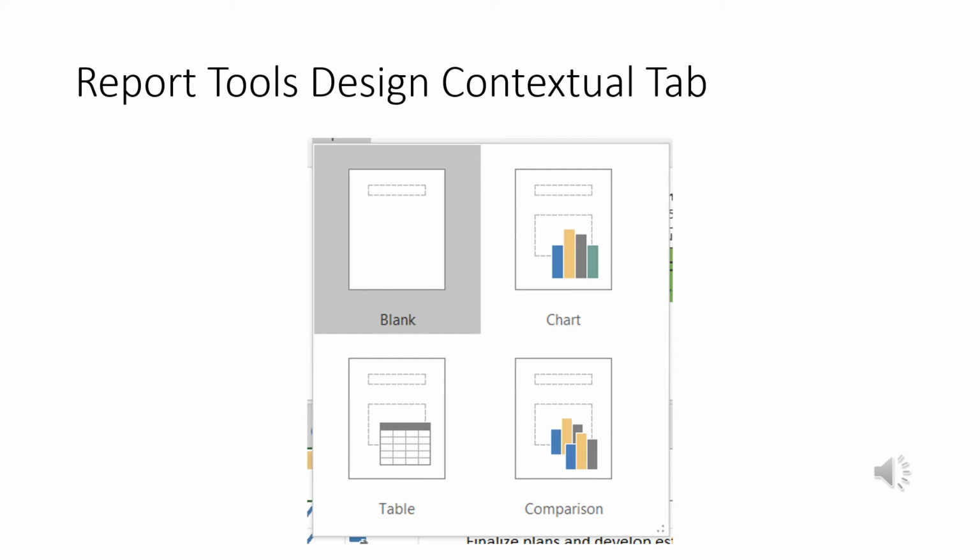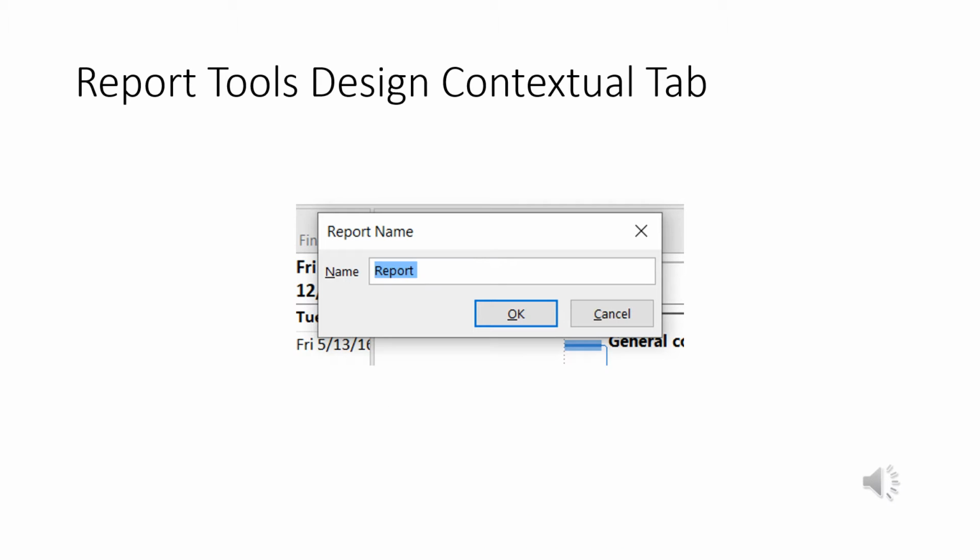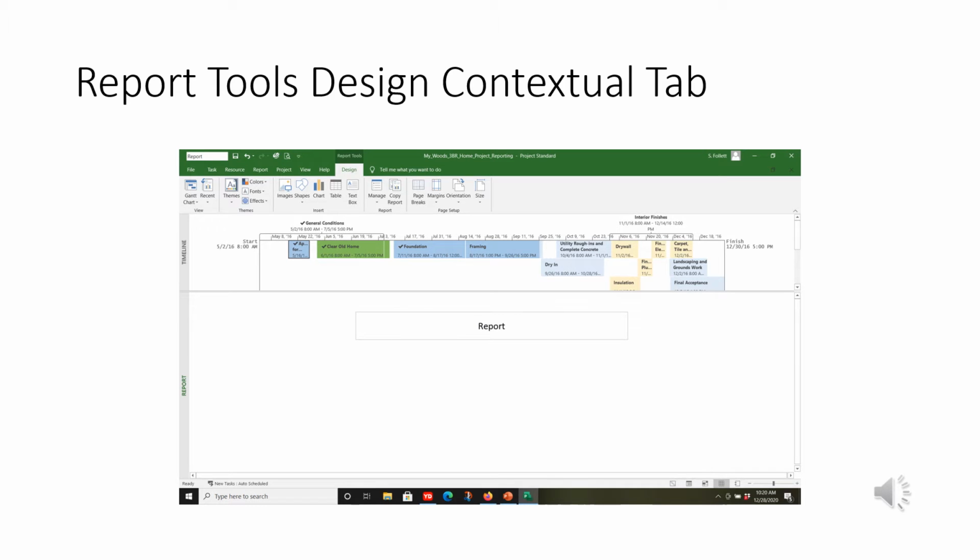Now we're going to go ahead and click on the blank report. So this dialog box pops up and it says, what do you want to name this thing? And I can name it whatever I want. It defaults to report, but whatever I want. And we'll do a little bit more with this in the activity. Then after I click OK, this comes up, and I see this report